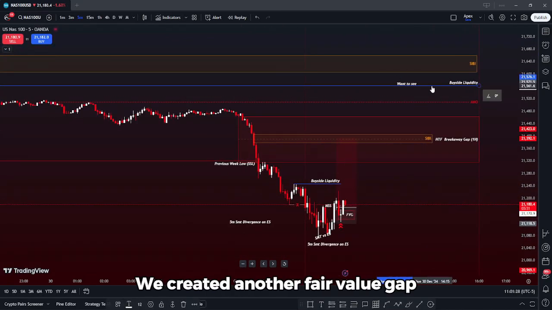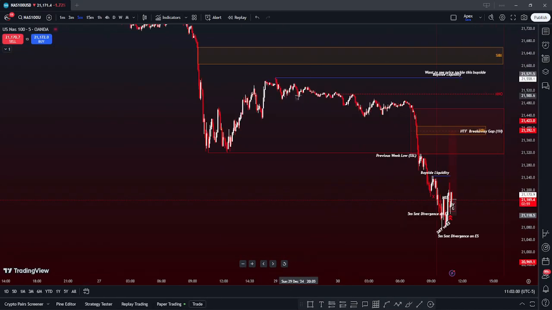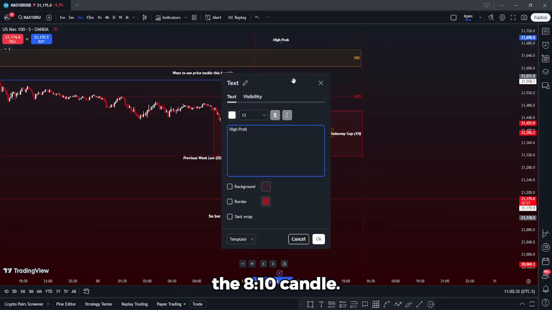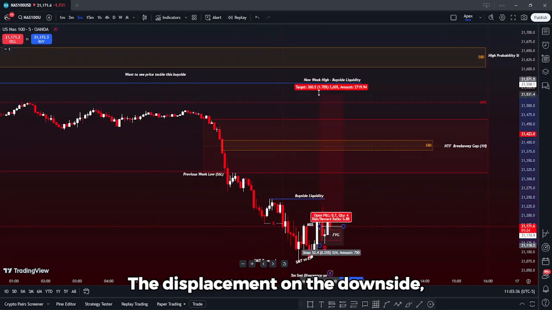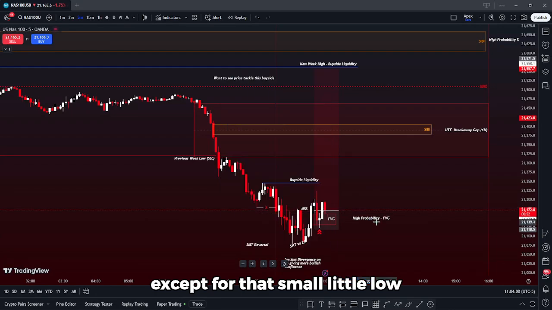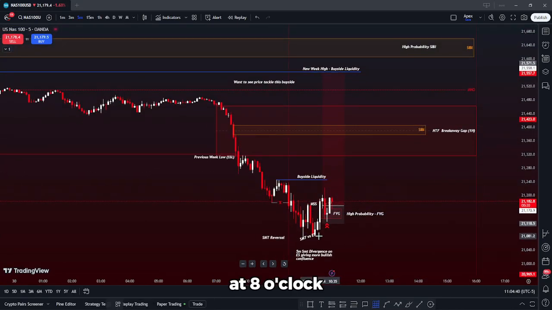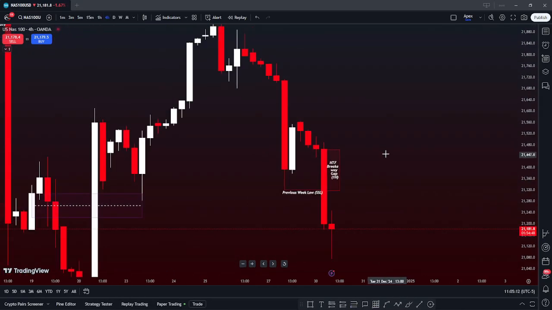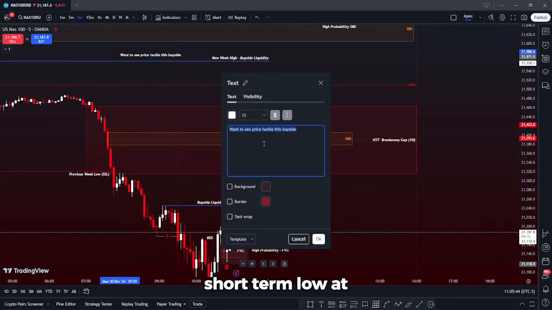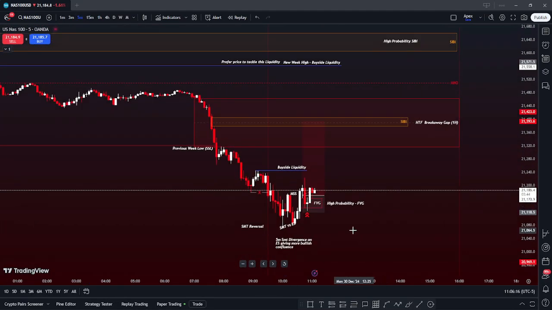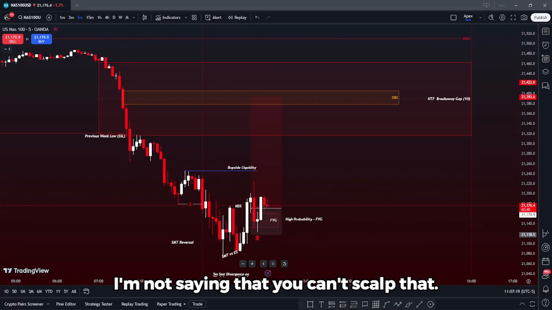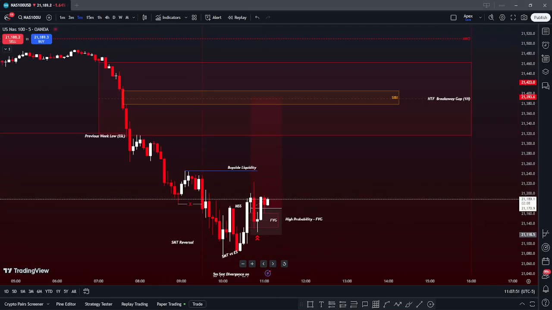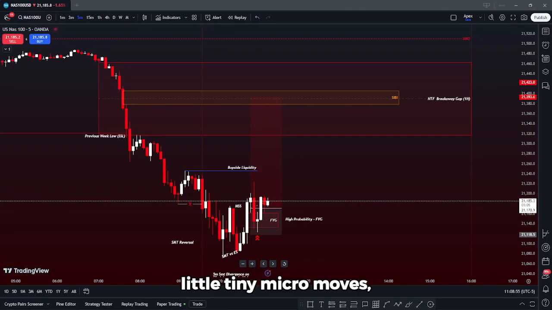Then it broke down. We created another fair value gap on the 8:10 candle. Displacement on the downside, except for that small little low at 8 o'clock on the dot. And then we broke down and took out the short-term low at 7:10. Now, I'm not saying that you can't scalp that. That's obviously a scalp. But when I'm looking at the market, I'm not looking for these little tiny micro moves,